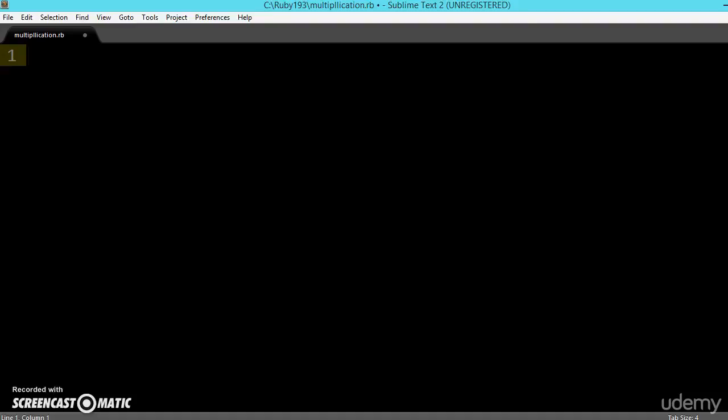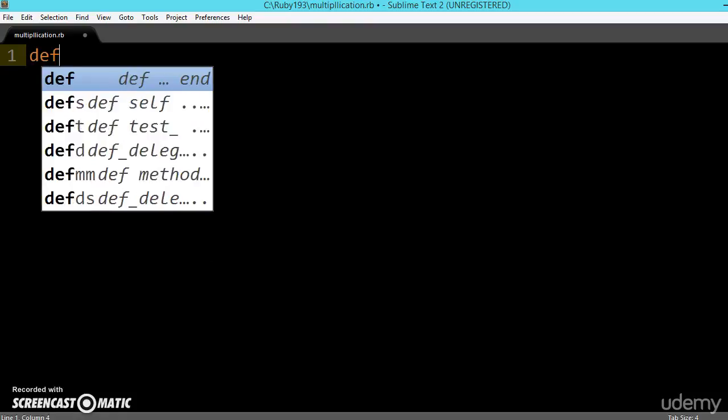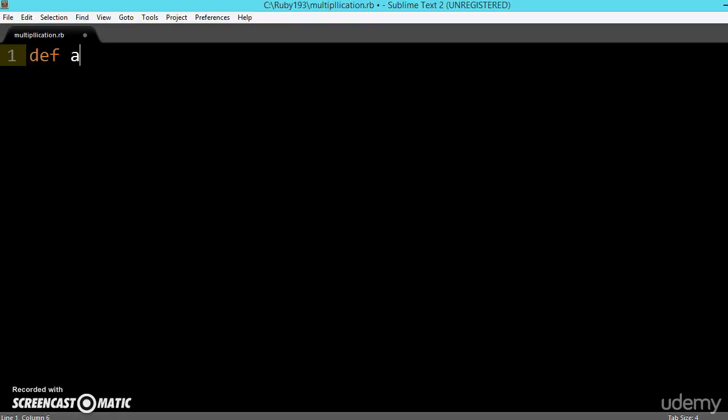So we have learned how to define a function in interactive Ruby. Interactive Ruby is only for the learning purpose. Now let us see how to write in a file. The same thing, like let us create a definition function of addition,